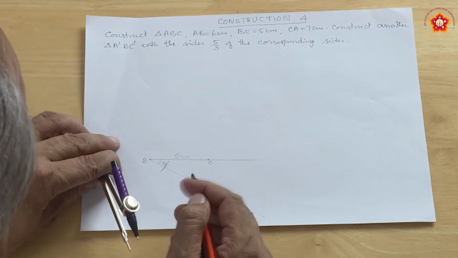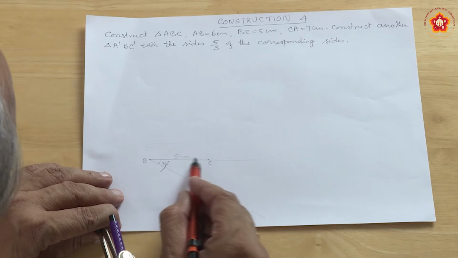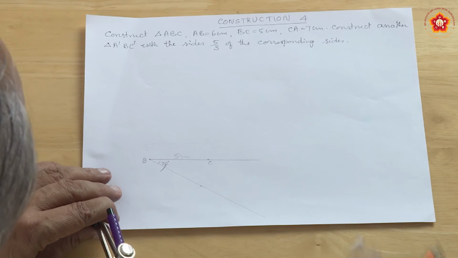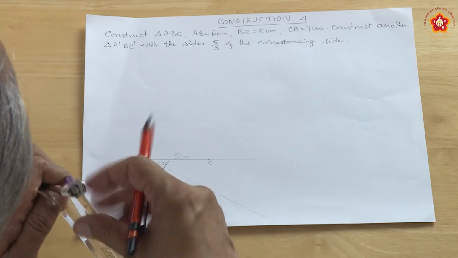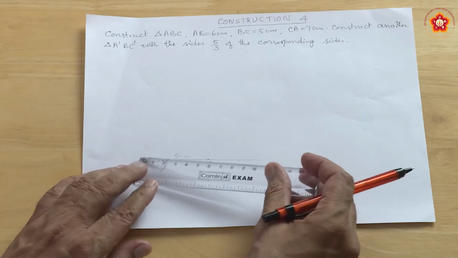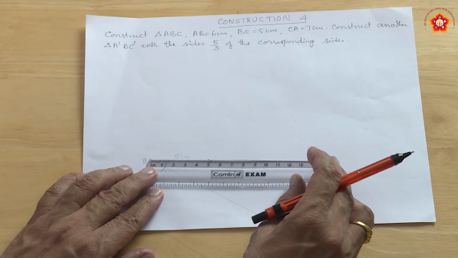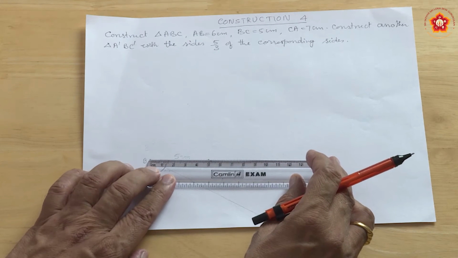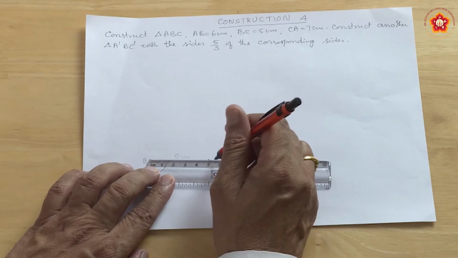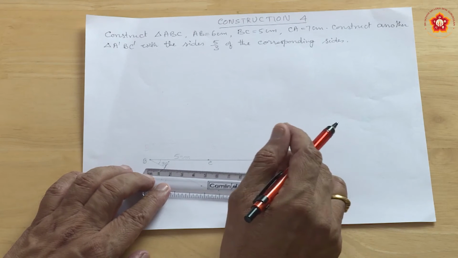Now, first step, as we had done earlier, draw a straight line using scale and pencil of length 5 centimeters. So, take a point B, from B mark 5 centimeters, with a sharp pencil draw a line and produce it a little, because then we will come to know why.